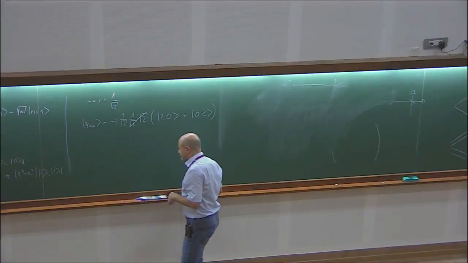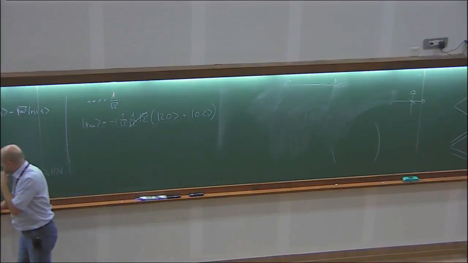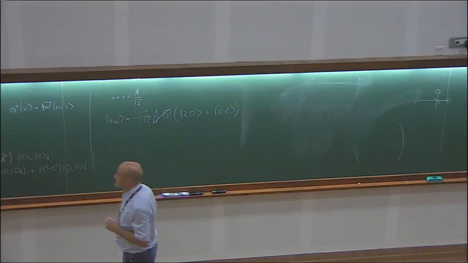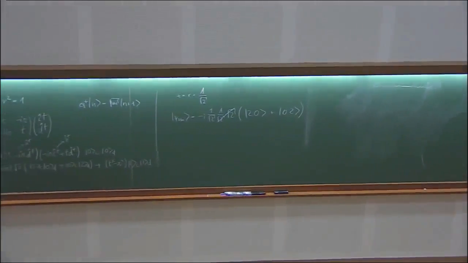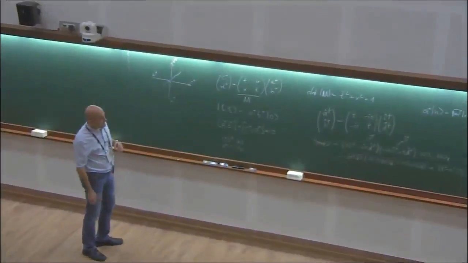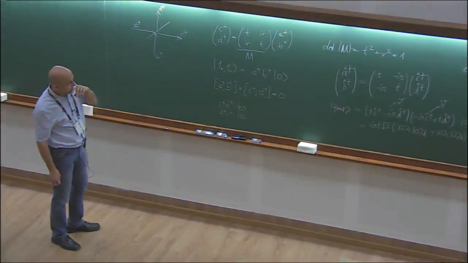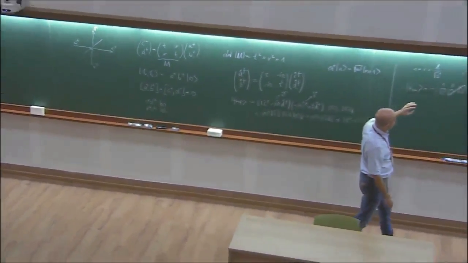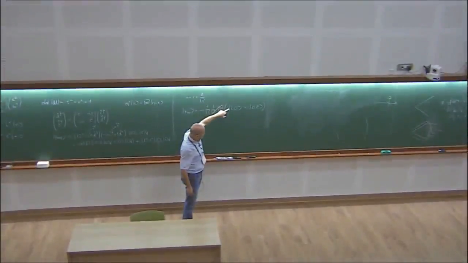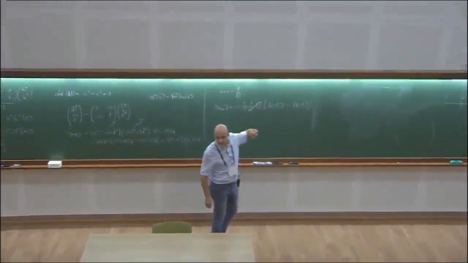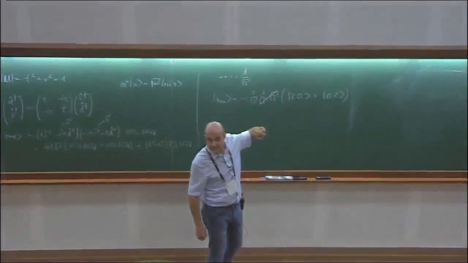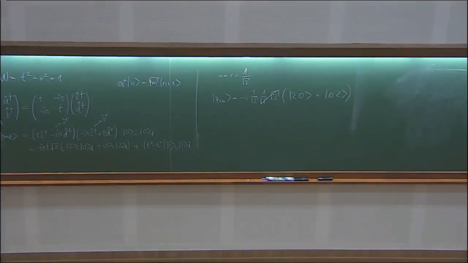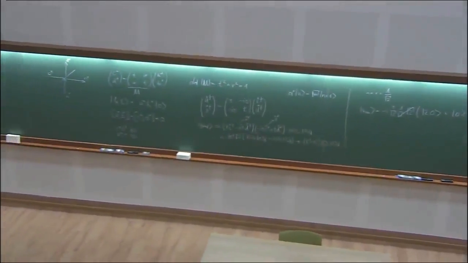So what would happen if we actually had now maybe a question first. What would happen if I send this state into the beam splitter? Without calculating. You can calculate too, but